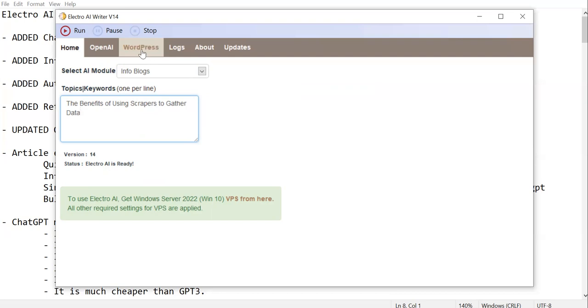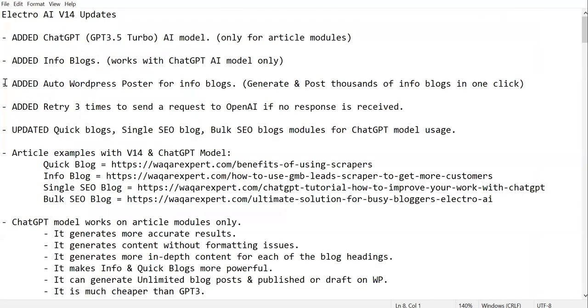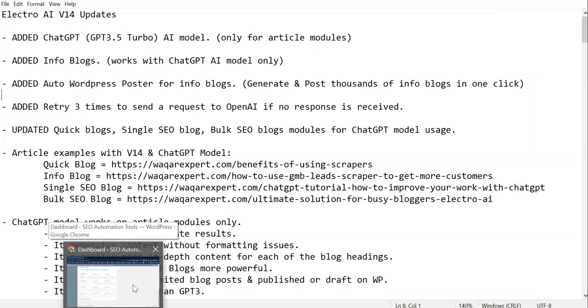I will show you how to connect the WordPress website. I think I showed you already in the previous video, but I will show it again, because some people were not able to connect WordPress since they don't know how to make the application password for Electro AI. So: edit auto WordPress poster for info blogs. Yeah, that's what I was talking about. Generate and post thousands of info blogs in one click. Okay, let's talk about how to generate the